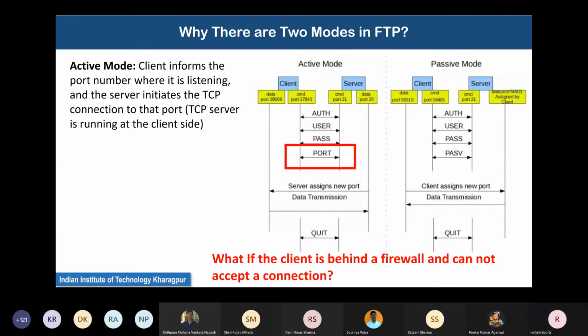After the authentication has passed, the username and password have been correctly given and acknowledged by the server, the client issues a passive command, PASV, to tell the server, look, I want to work in the passive mode.